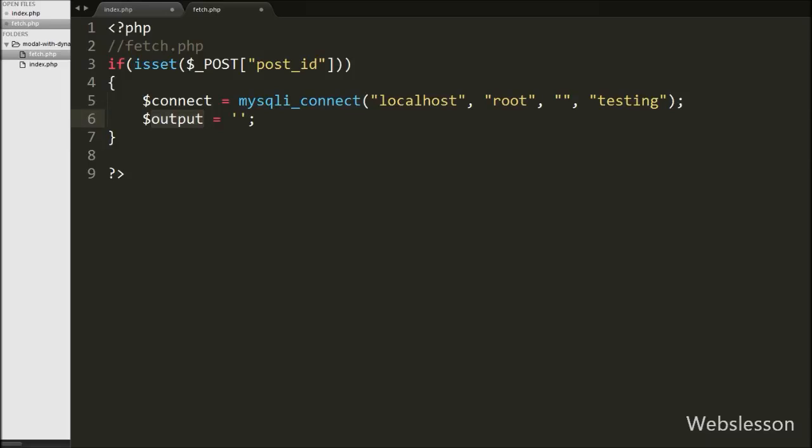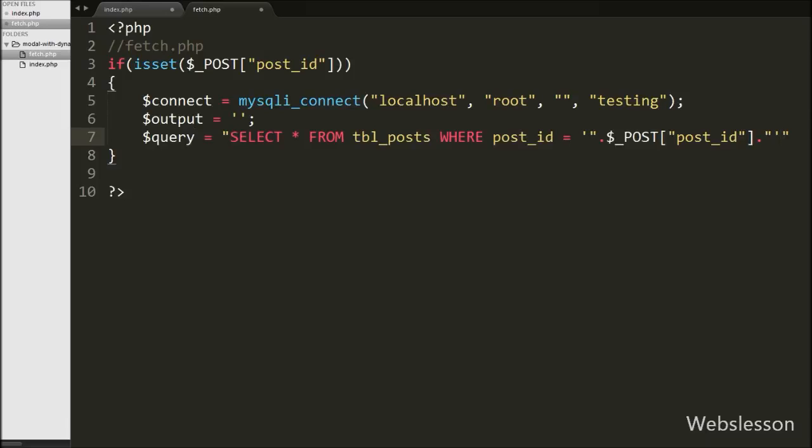Now we have write $query variable is equal to select star from posts table, where posted is equal to $post posted variable. This query will fetch particular post data from post table. After this we want to execute this query, so we have write